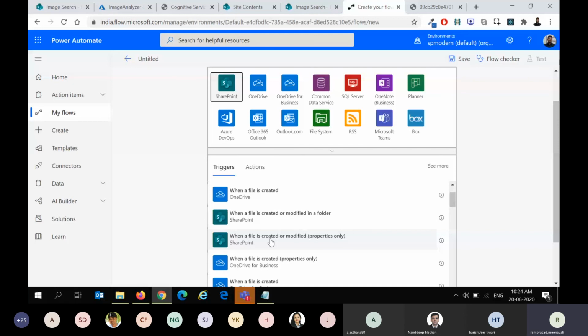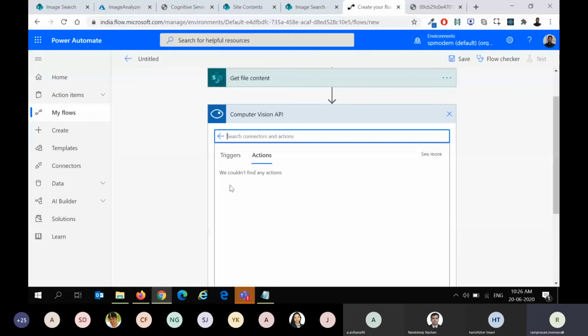And then the next step: once I get the file content, there is another connector for computer vision. You can just search for computer vision, and we have the Computer Vision API. Within this, we can try to use the analyze image action.